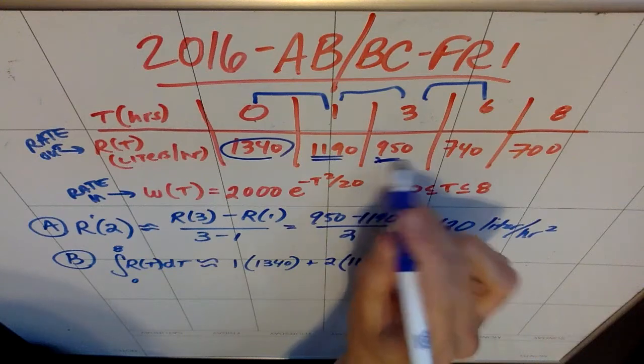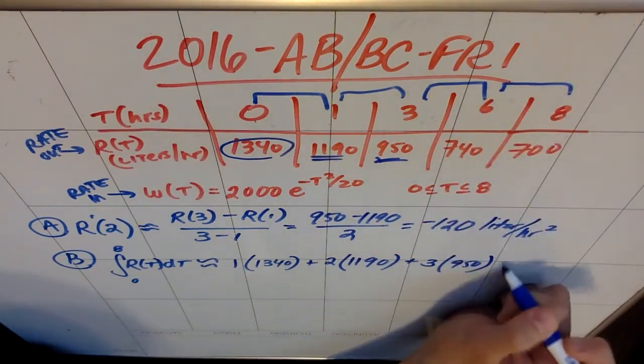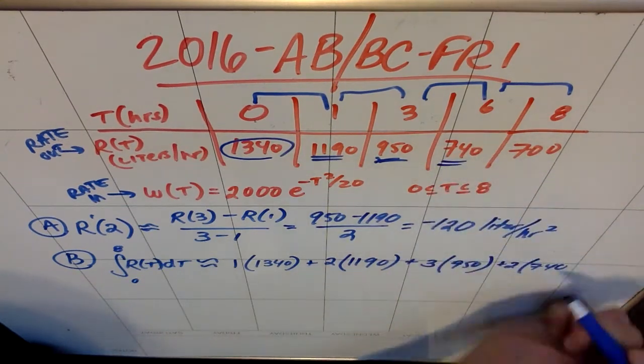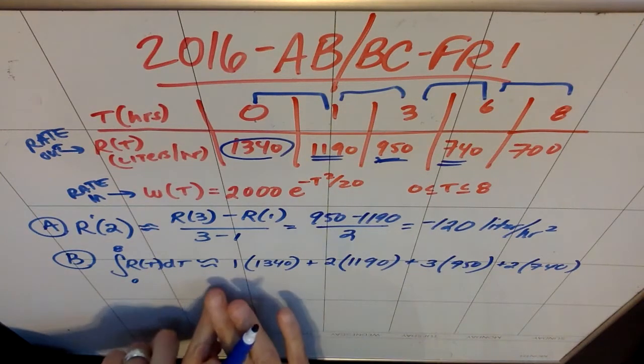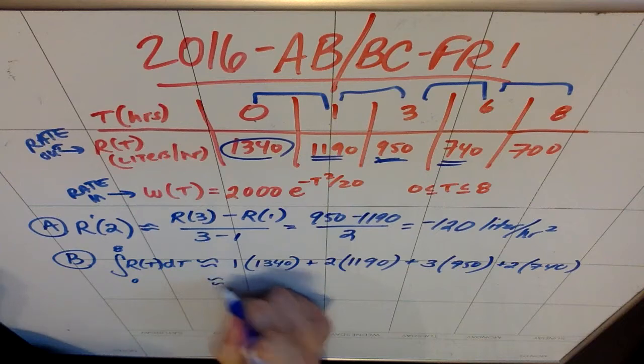And then I use the left value, which is the 950. And then the last interval has a width of 2, and I use the left of the two y values, which is the 740, right? I never end up using the 700, which is the one all the way to the right. Again, this is a calculator section, so write this out. Great. And then you can get that your answer is